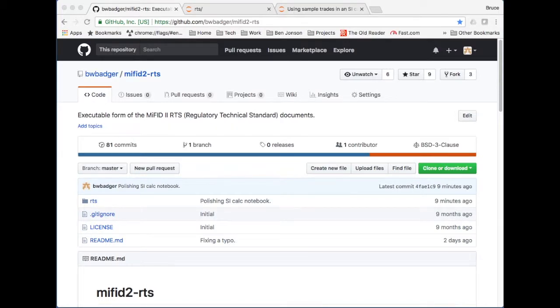This is another video in support of the MiFID II RTS project. The project's hosted on GitHub and you can see the URL at the top of the screen there. Now this video is going to be looking at using the code that's in the project to run an SI